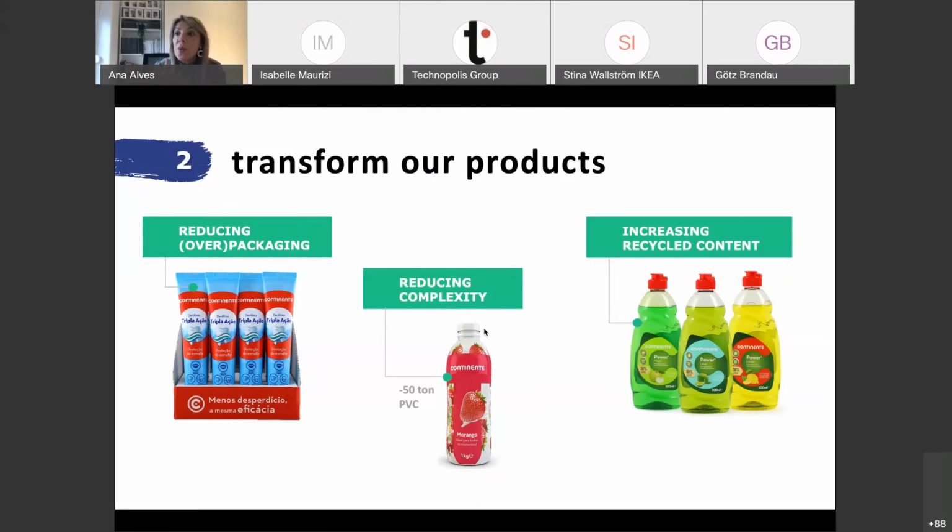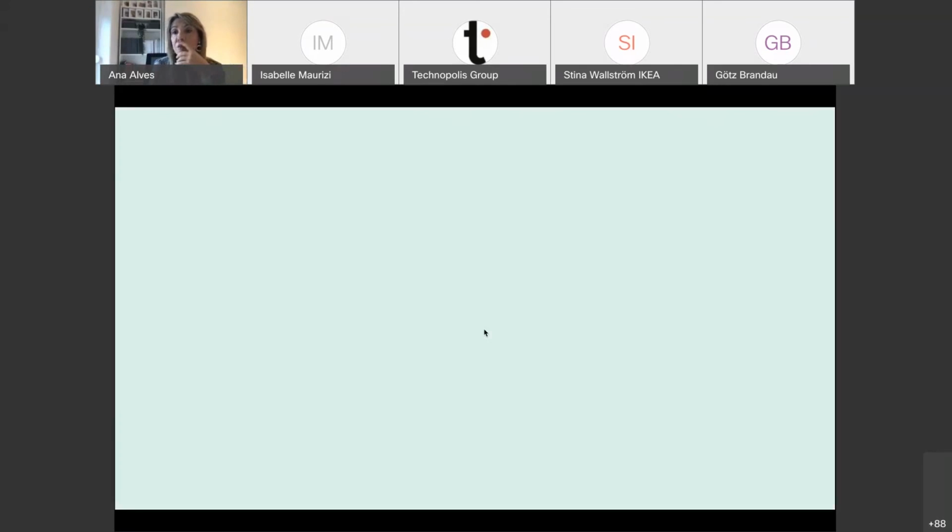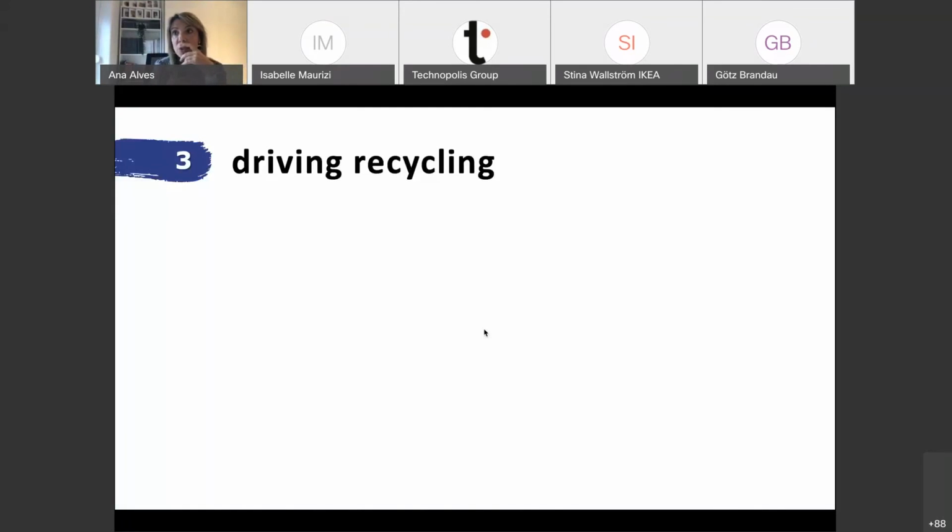So it is useful to design and produce recyclable packaging if in the end, after being used, it is still going to the garbage. So we talk with the consumers, and like we saw at the beginning of this event, consumers are saying that it's very difficult to sort and recycle. It takes time, it takes a lot of work. And so we decided to take our commitment to another level, and we developed a recycling iconography for all our branded products. So for our private label.